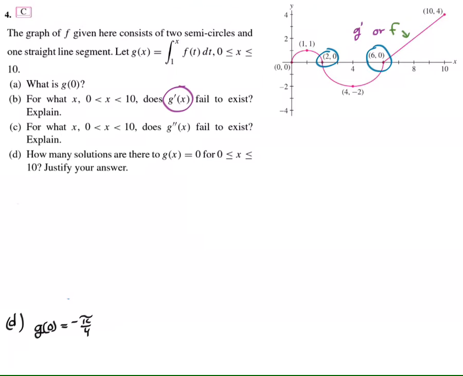MVT says if you have a function, here's my function, it gives you a point right here when you plug in this x value, and when you plug in this x value, you get a point up here. And you know that f is continuous and differentiable. You know that somewhere between these two x values there's going to exist an x value. Actually, this is MVT, but it's also Rolle's theorem. If you have a negative number and then a positive number,